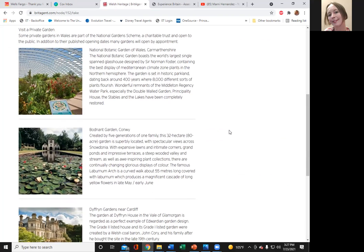Gardens. Visit a private garden. Some private gardens in Wales are part of the National Garden Scheme, a charitable trust, and open to the public. In addition to their published opening dates, many gardens will open by appointment. National Botanic Garden of Wales,